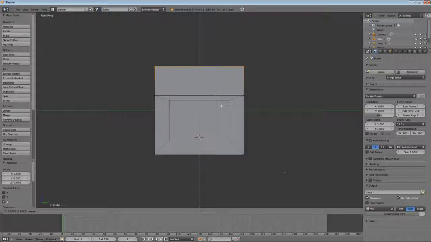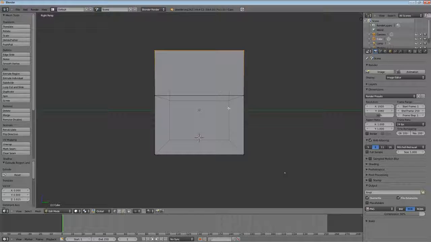It's a lot easier to see than to explain, but what you're going to do is extrude out a roof or an attic and go up, I don't know, let's say there's good. You can always resize it later. And then you're going to want to left click to set that. So again, you select those vertices, hit E to extrude. If it's not locked to the Z axis, go ahead and hit Z,